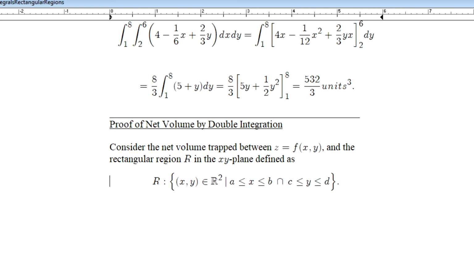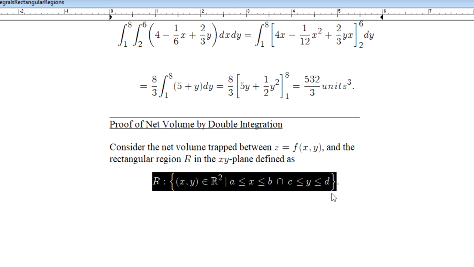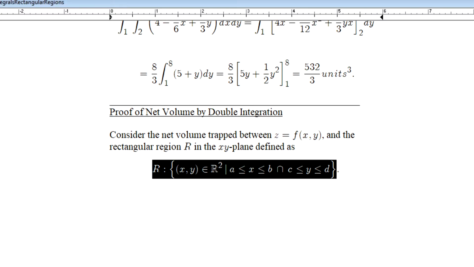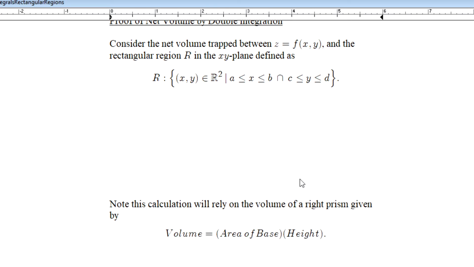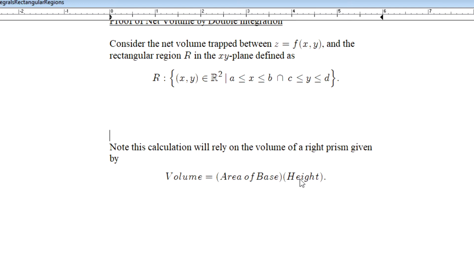To begin with, we are going to consider the net volume trapped between z equal to f of x comma y and the rectangular region in the xy plane defined by R given here in general. Sorry about that. Where in general, if we think about this net volume, the way we're going to go about calculating